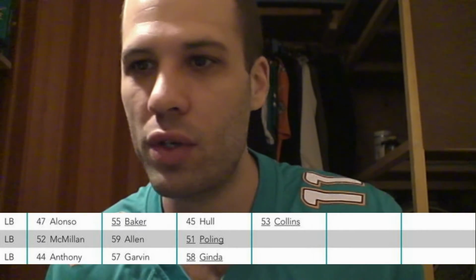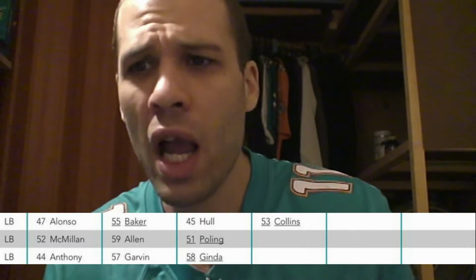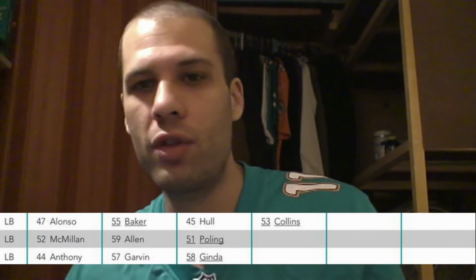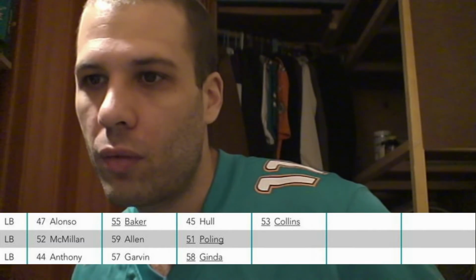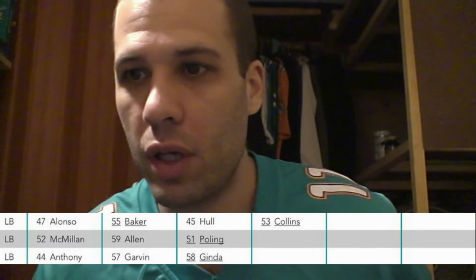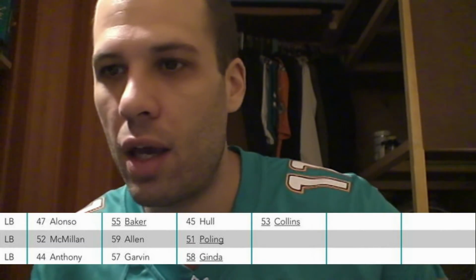All right, moving to linebackers. So the first team linebackers as it stands right now are Kiko Alonso, Raekwon McMillan, and Stephon Anthony. I actually think that could be how it ends up being for the season, how it could be projected to shake out and line up. But who knows? We got some pretty good guys coming up behind them. Obviously, Jerome Baker. We have Chase Allen. They're both on second team, and then